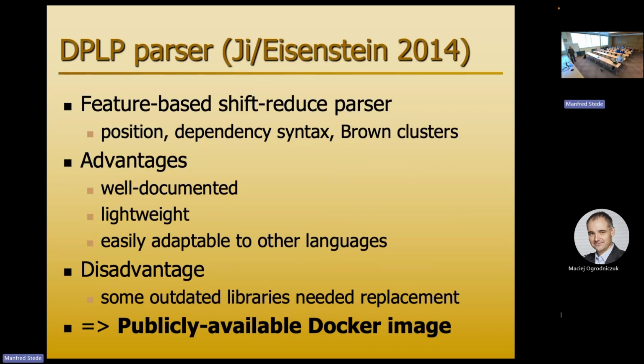And we used a parser that looks a bit ancient. It is a bit ancient, but why did Sarah actually select it? It is well documented. That's important when you want to train it on a new language. It's relatively lightweight, and it turned out to be relatively easily adaptable. She looked at more recent neural parsers, the Koto parser, the Kobayashi parser, and they all were either not easy to install or not installable at all. There was no way to say, please train it on my German corpus, don't use the English model that you have already. So there were some compromises to make, and in the end, we took this feature-based shift-reduce parser from